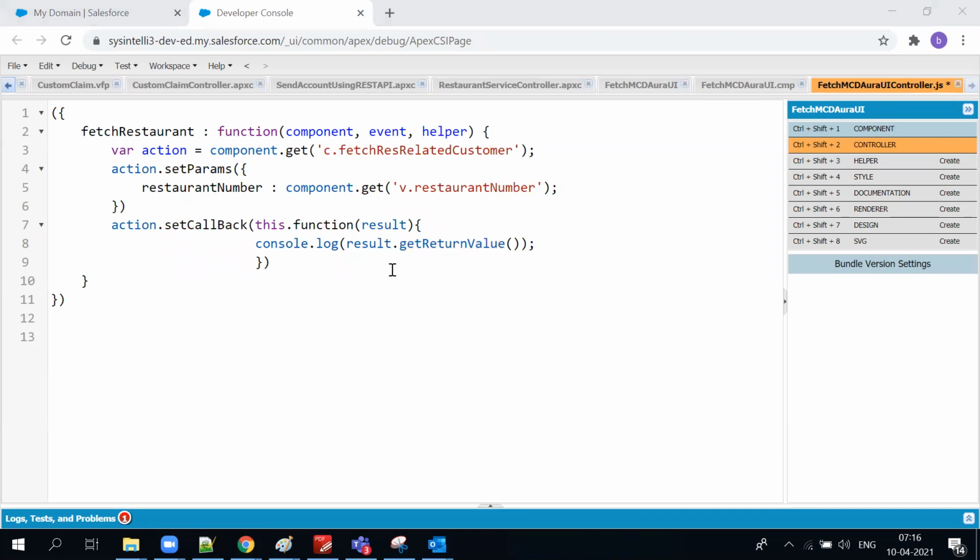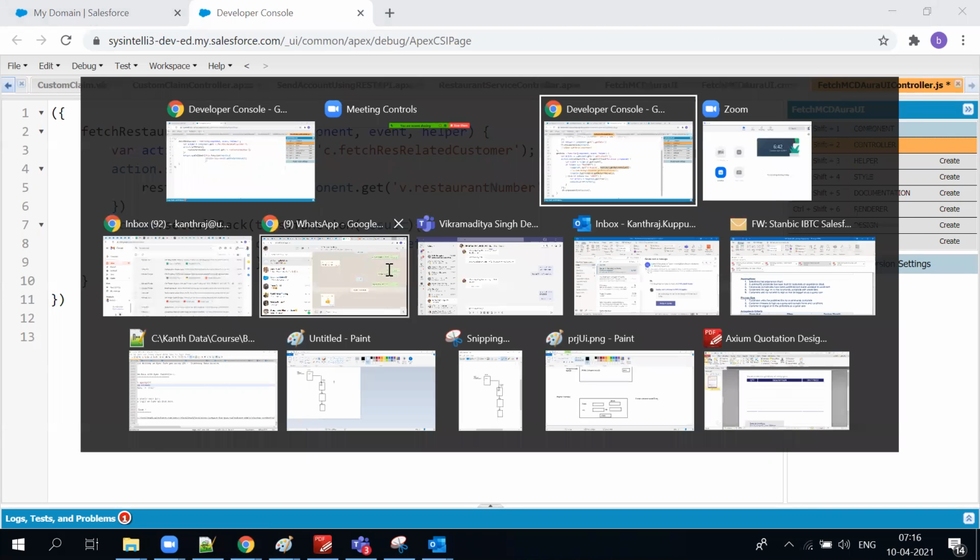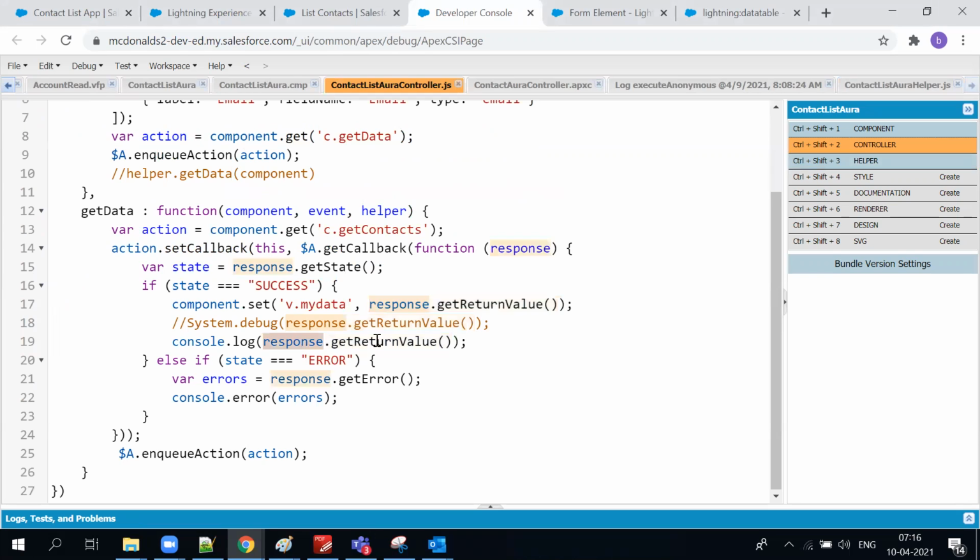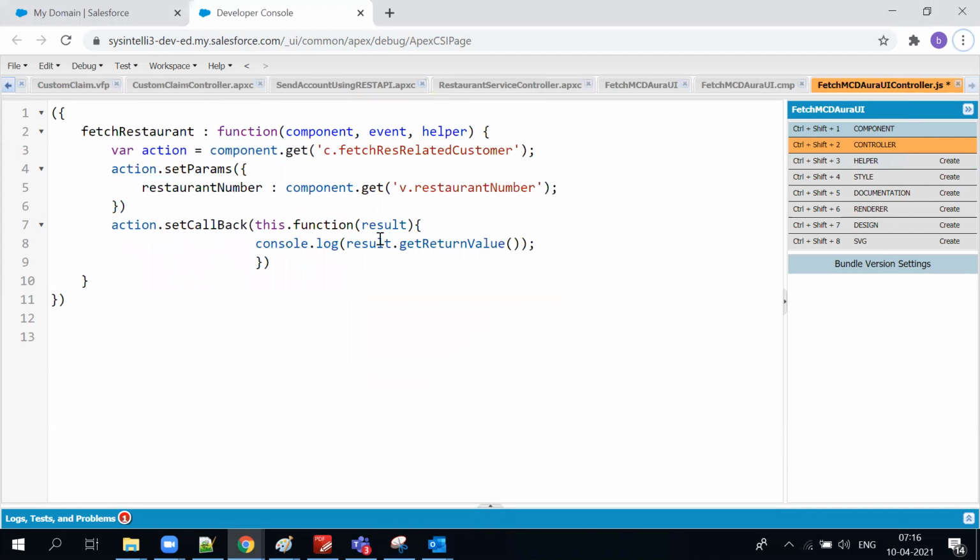So what we have decided there. So response.get return. Same thing I'm trying to do there. Same callback function. Set callback this.function. Okay, post this I think they're expecting to have